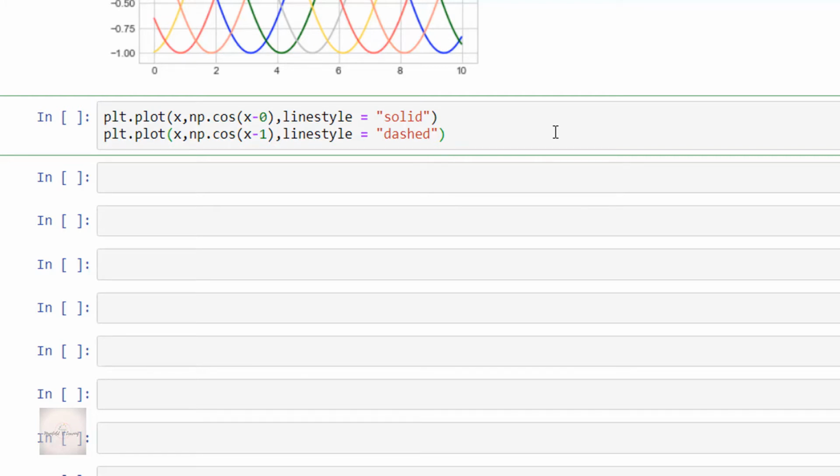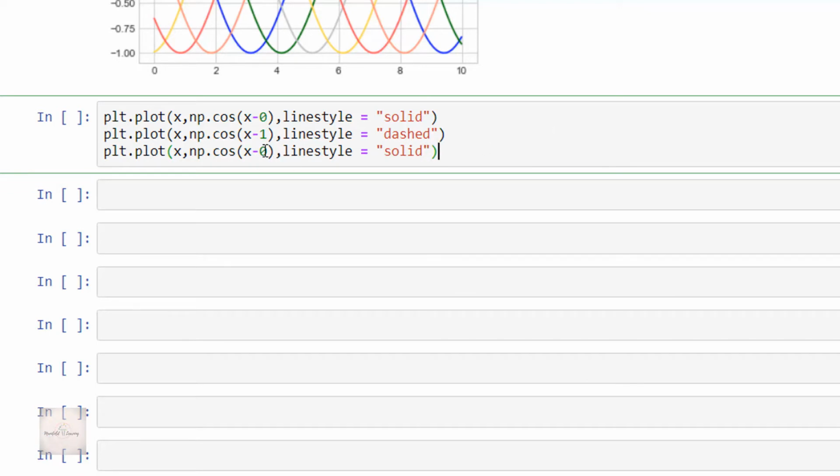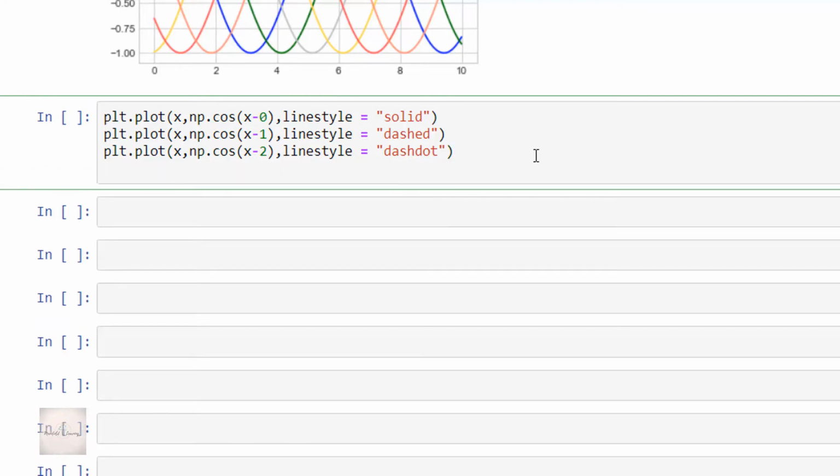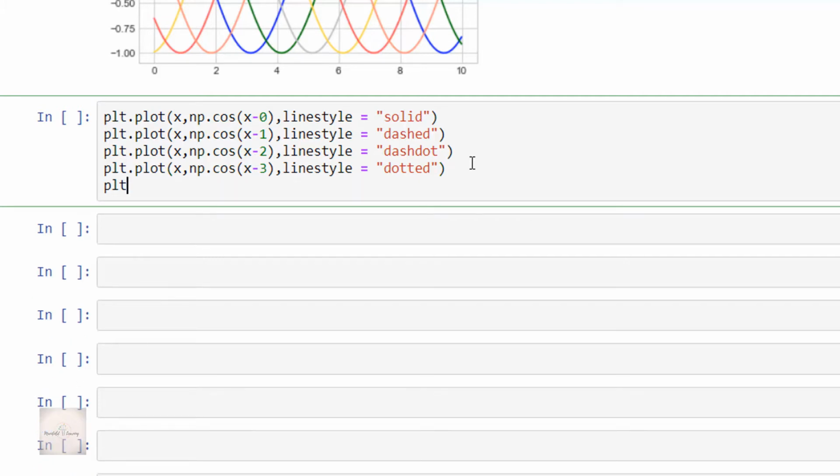Next is plt.plot of x comma np.cos of x minus 2 comma linestyle is equal to dashdot. So here the line style will be in the form of dash dot. Simple. Then plt.plot of x comma np.cos of x minus 3 comma linestyle is equal to dotted. So here we will get the cosine wave with dotted line style. Now let me execute this code cell.